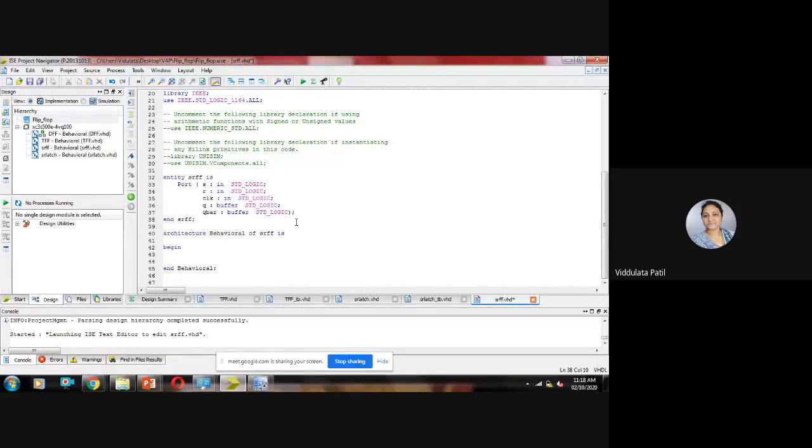Okay, just draw it and show it to me. Draw this diagram and on your video, make your video on and show your diagram to me. Or you can present that.